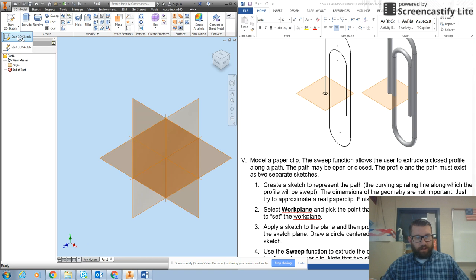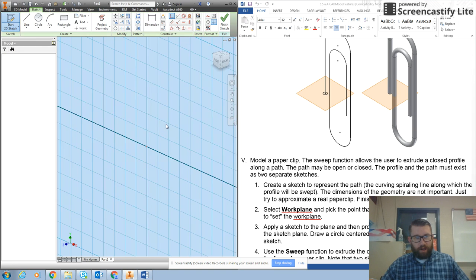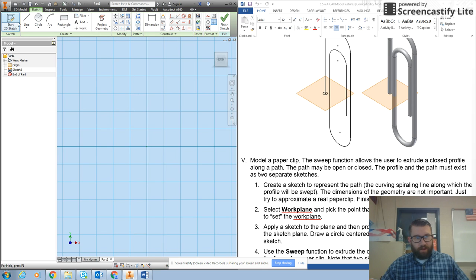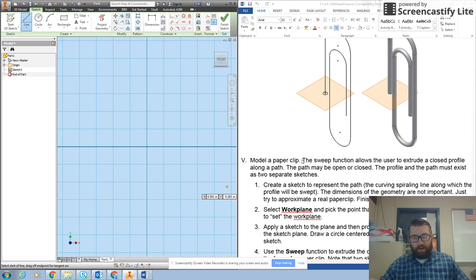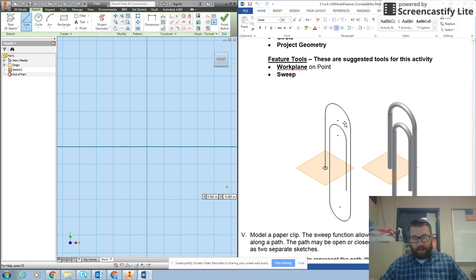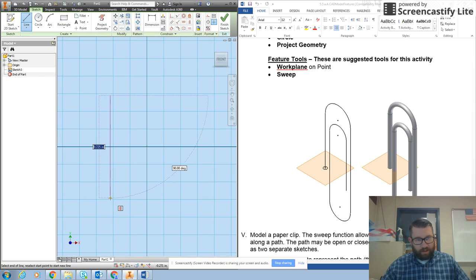So we're going to start out with a 2D sketch, and that is going to be on the XY plane. Now, if you notice here in our picture, there is a combination of arcs and lines. So we're going to do the lines first, and then we're going to draw the arcs in afterwards. So I need a total of 4 lines. I have to hit escape in between each line